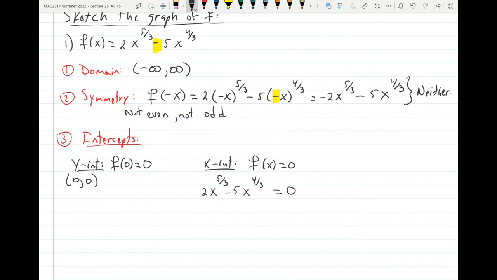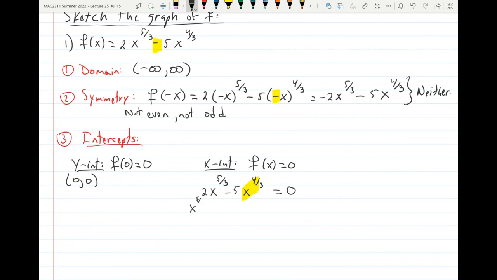Now you may wonder, how do I factor this? Well, even if you don't have nice integer exponents, the factoring works the same way, okay? Just look at these numbers, 5 over 3, 4 over 3. Which one is the smallest? That's the one that you want to factor, the term that you want to factor. So in this case, 4 over 3 is the smallest,